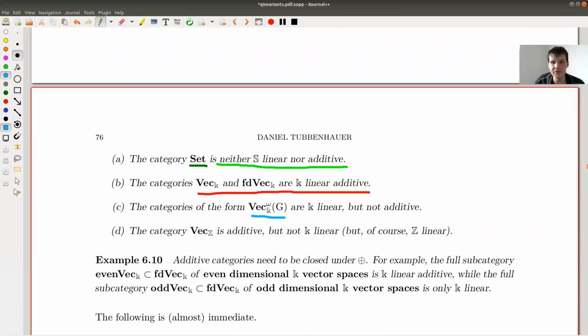These funny versions that I've shown you before, the graded vector spaces, are my favorite kind of toy examples. They are by definition linear, but they're not additive. I never told you anything about a direct sum in those categories. That's a problem we will solve in a second. It's not a big deal, but by definition, they are only linear and not additive. On the other hand, Vect Z. This is just abelian groups.